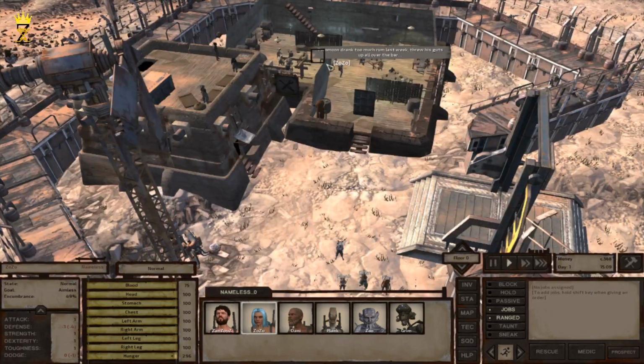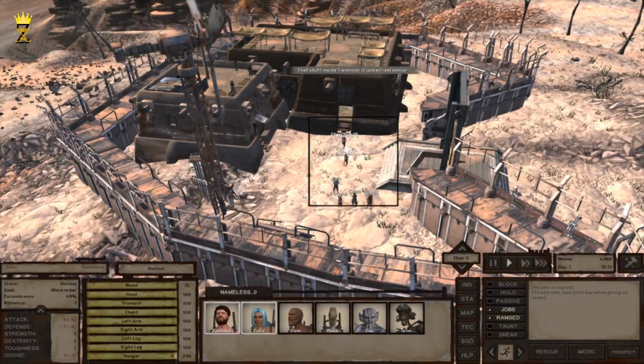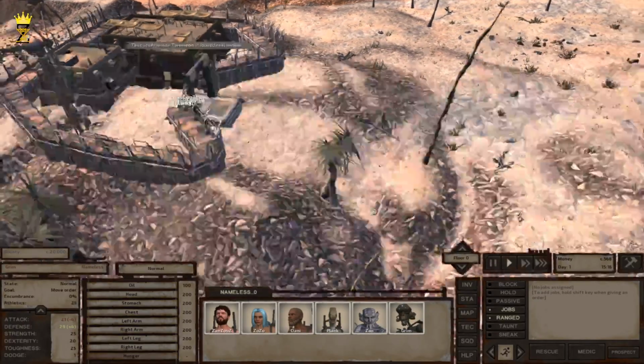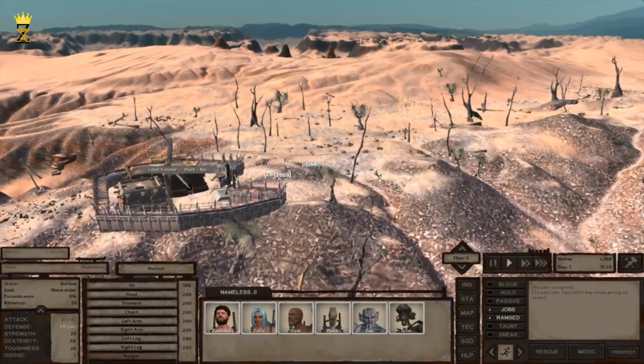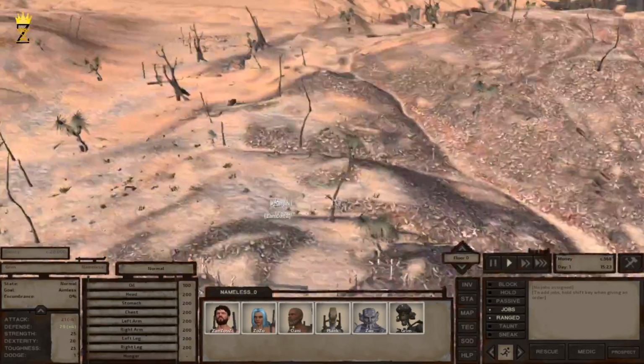So yeah, once you spawn in a city or a town, just see what you're missing in your inventory and buy it. And remember, keep some money, but don't spend all your money. You don't want to be totally broke. So yeah,